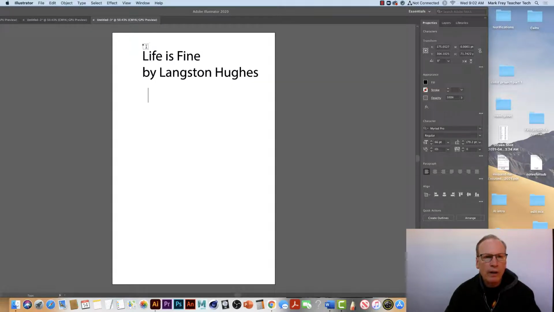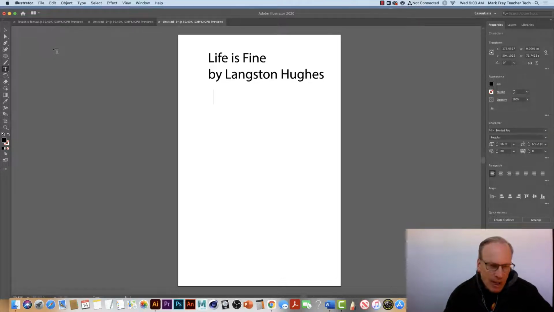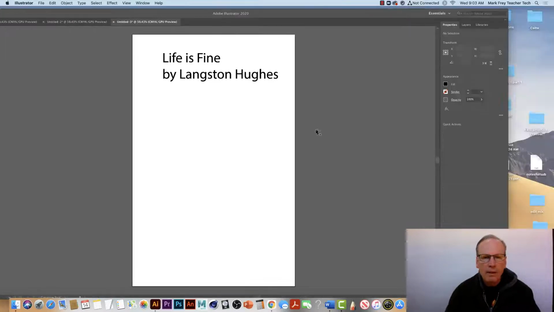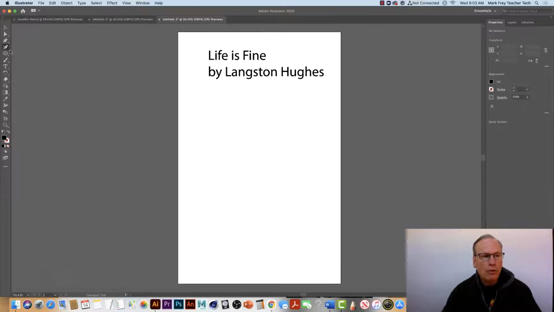So what I'm going to do next is create a shape, and then put the poem in the shape. Now it's kind of cool if you can think about the poem and find a shape that you think would somewhat fit what the poem is about. That's kind of a little extra step, but you can mess with that. Okay, so I've made the title. Now I'll create some kind of a shape that I'm going to put the poem in. You could draw one with the curvature tool, or you could create your own type of shape. I think I'll just make something fairly simple for this. I'll use the polygon tool, and I'll make a little polygon here,